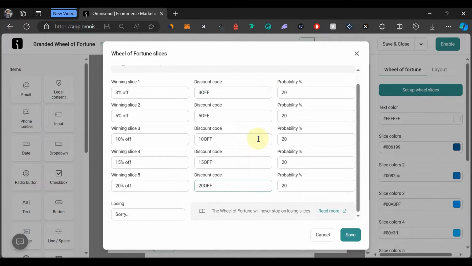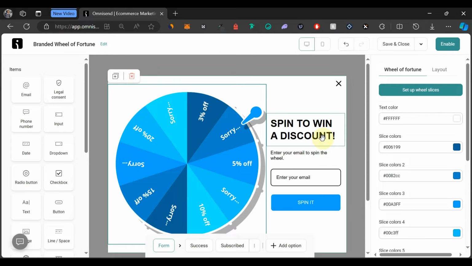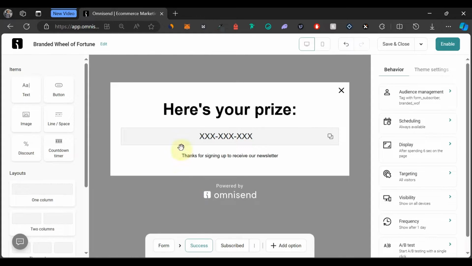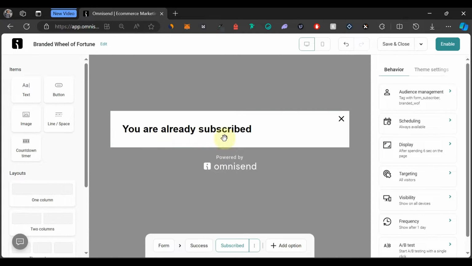Alright, so we have set up our discount code for all these winning slices and the discount that we have for them. Now the next thing we're going to do is click on save. So we've saved that, and let's check on success. This is what we're going to see whenever they input their email. And when somebody that has subscribed to your email list wants to try out this wheel of fortune, this is the page they're going to see